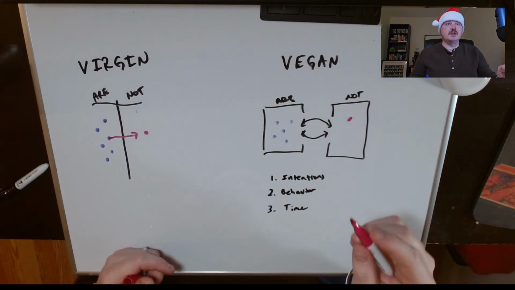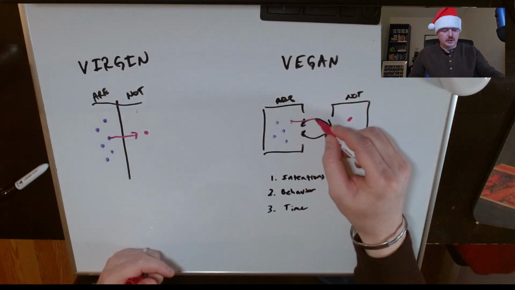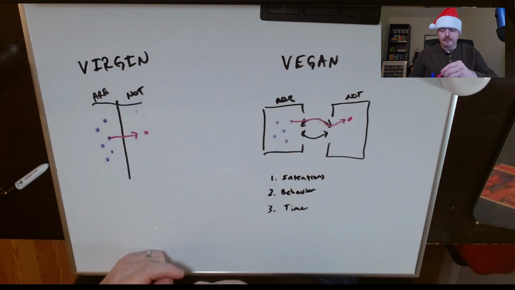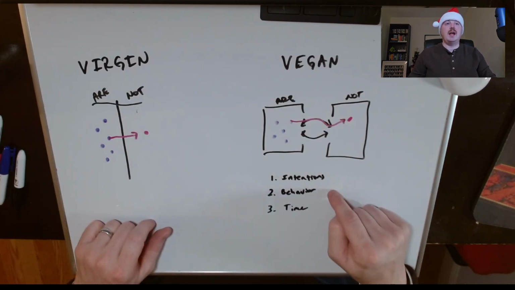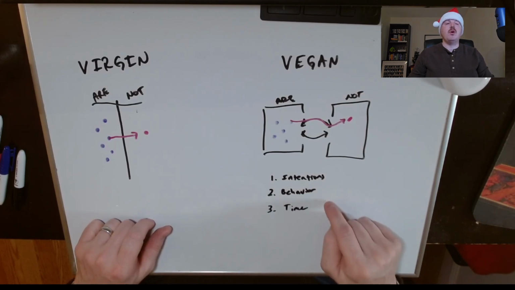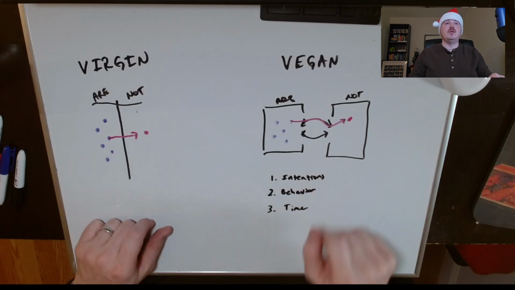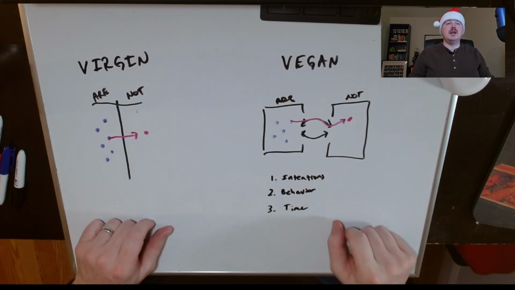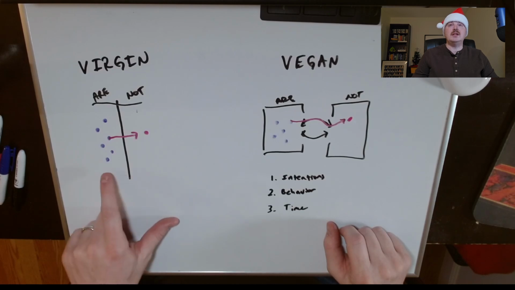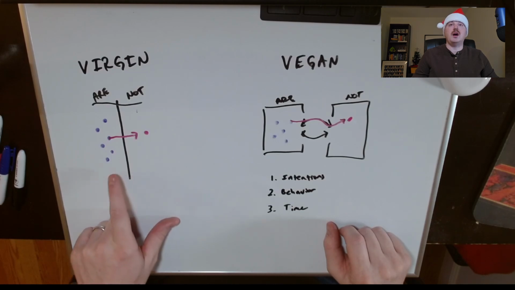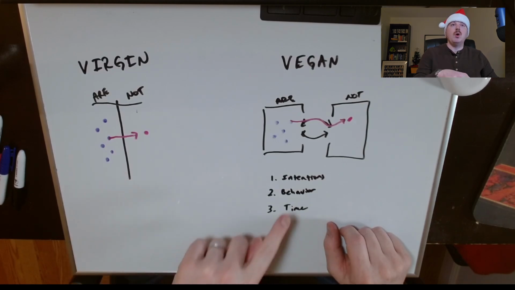It is possible to move back, of course, but doing so will require you to change your intentions and your behavior, and you will have had to have done both of those things for a long enough period of time that people will find it acceptable. Now, this does make things a bit more complicated because over here it is a binary system where the definition is absolute. It's easy to tell whether someone is or is not, and there's no arguing about it. Over here,